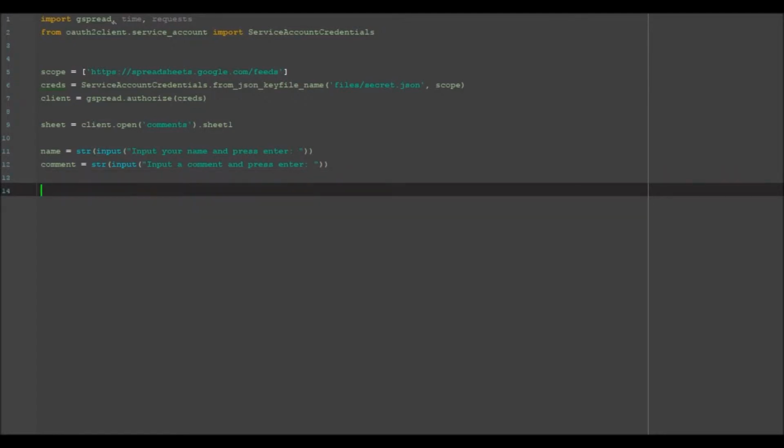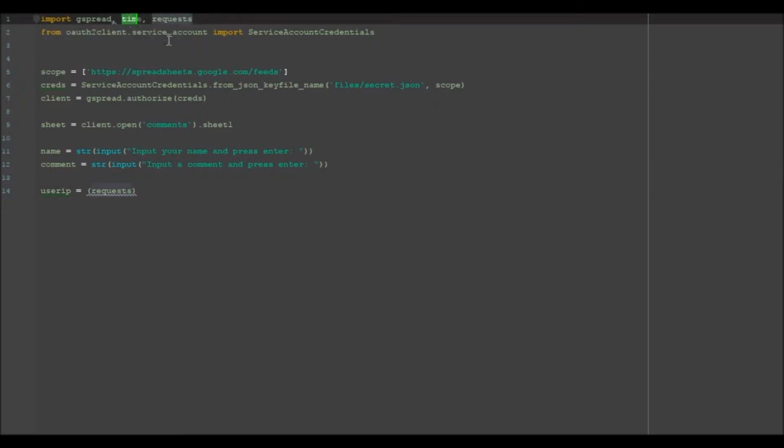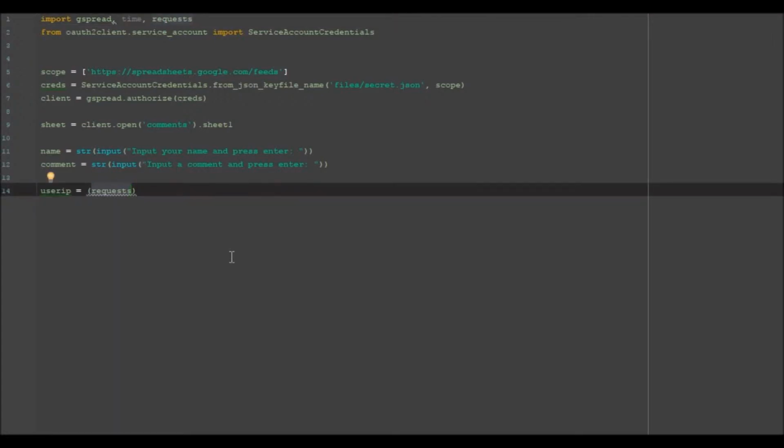Now what we're going to do is scrape an IP address. So we're going to get a bit of code that I use, which is user IP equals requests, which is what this import here is. We also have time, which I have imported. That won't be in the tutorial. These two imports here won't be in the tutorial that I linked above earlier, but they are in this one because I'm using them. So requests.get, it then scrapes http